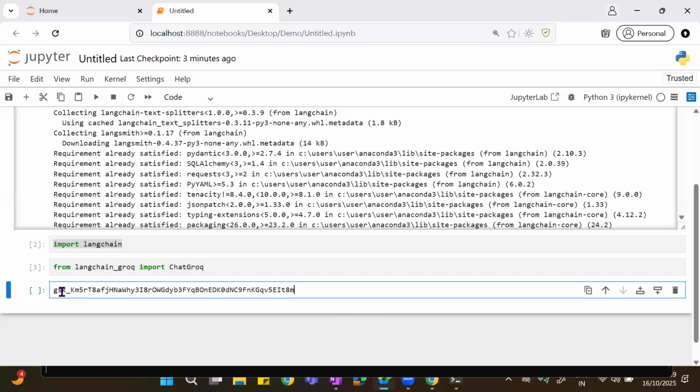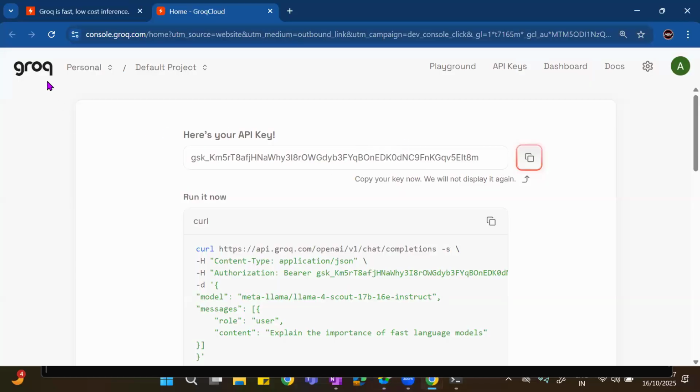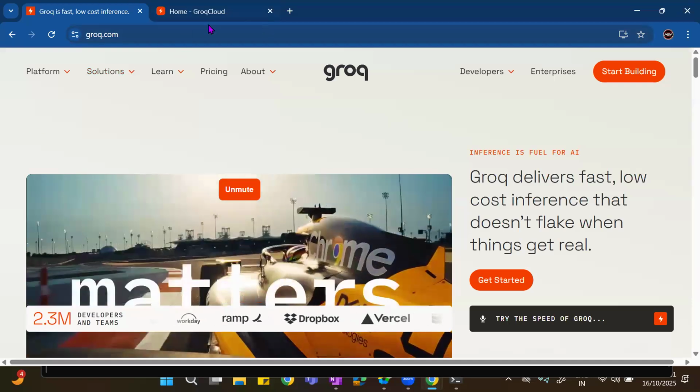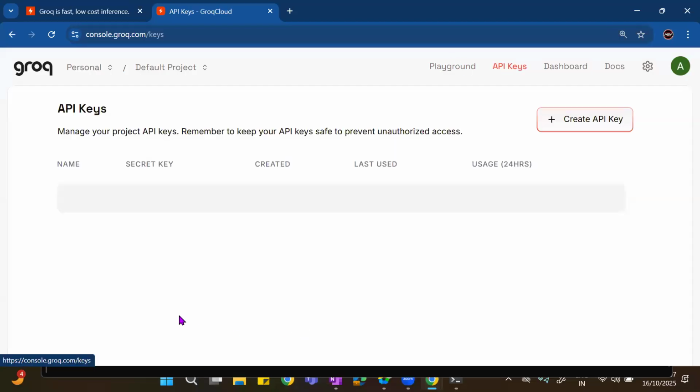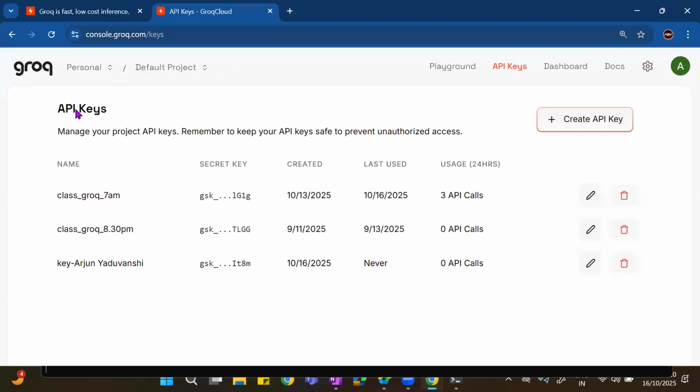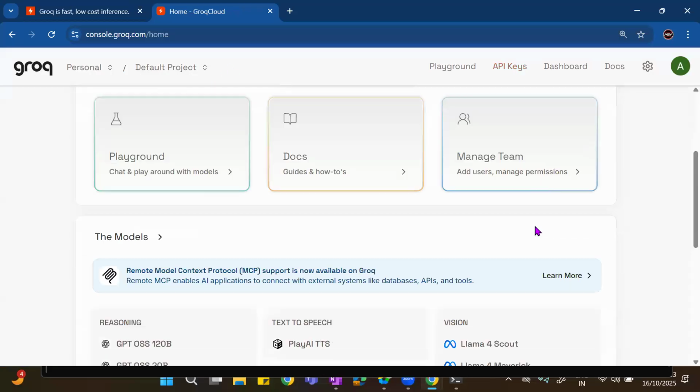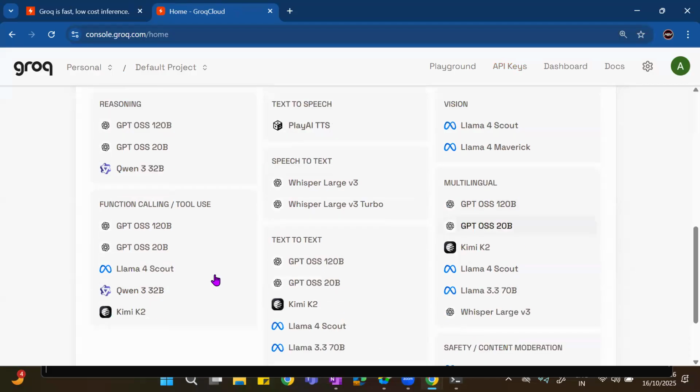This is our API key. I will comment it and use that one. I saved that API key now. Let's see, there are some API keys over here, and here you can find some LLMs. Can you see it? These are some LLMs.